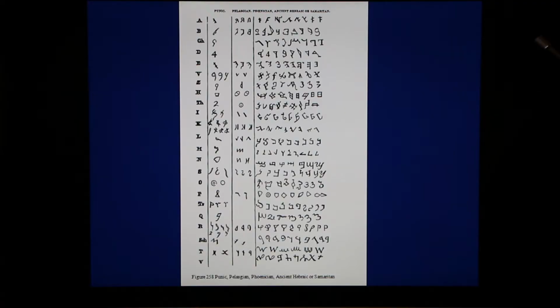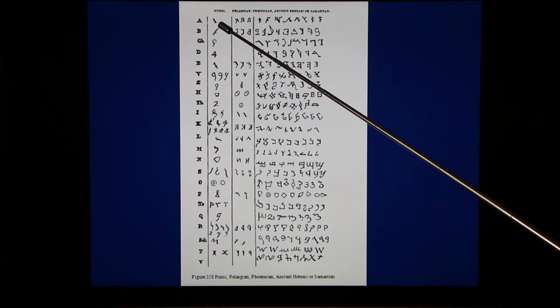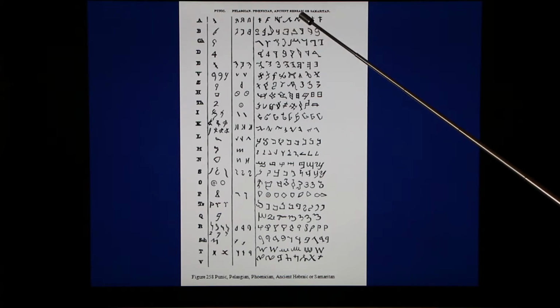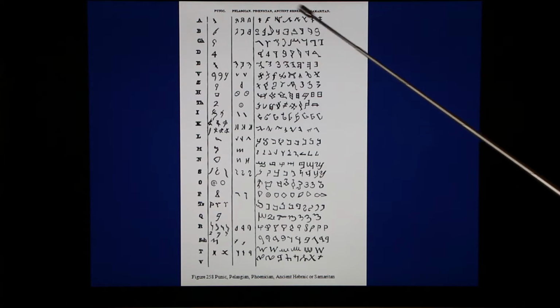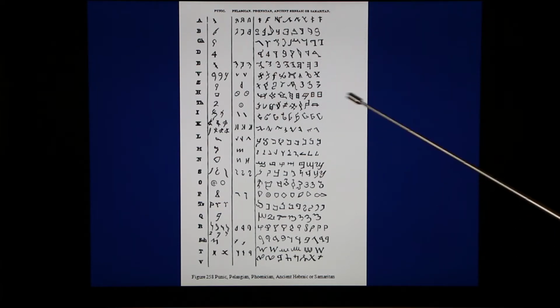And this is another reason why I say we need a dictionary, not just of words, but a dictionary of letters, so that we can do a history of the letter A and a history of the letter B, not only for this part of the world, but really for the whole world. Well, to give you an idea of how complex the story potentially is, here is Punic, Pelasian, Phoenician, and ancient Hebraic or Samaritan. And look at how many varieties of writing for a single letter there are. So again, it's a notion that I've been making right from the start when I showed you the 33 versions of the